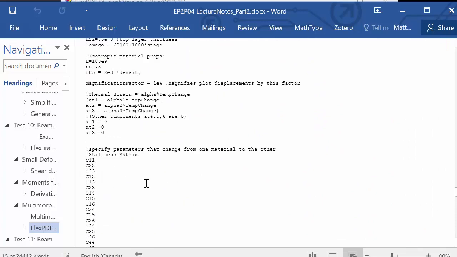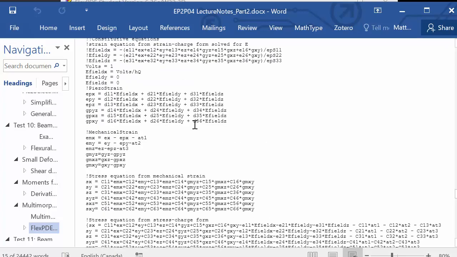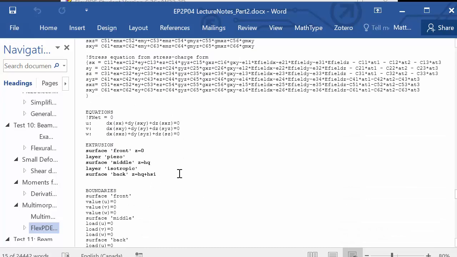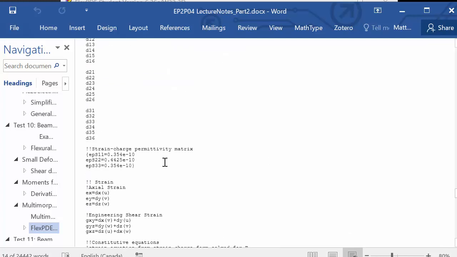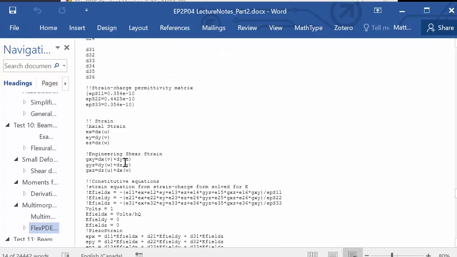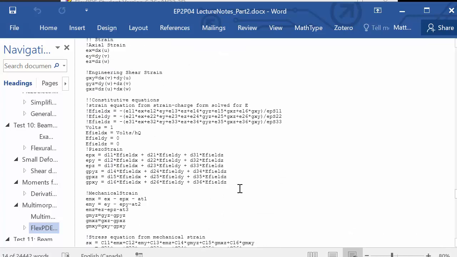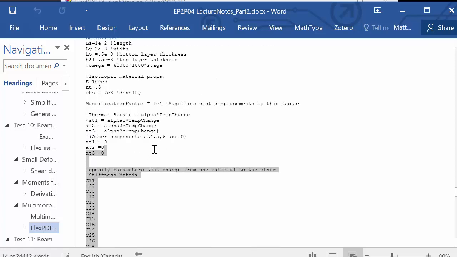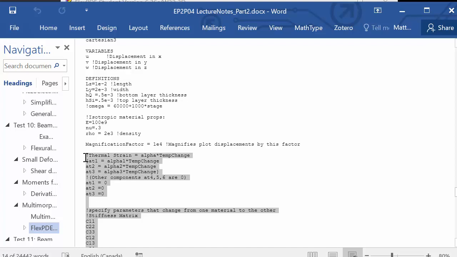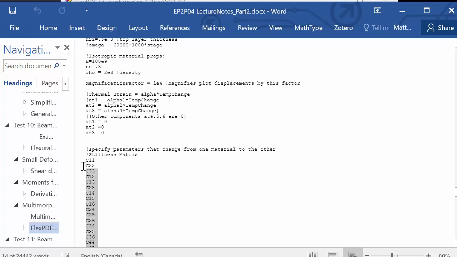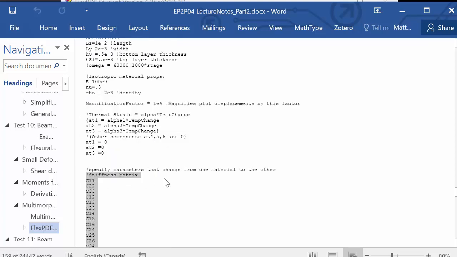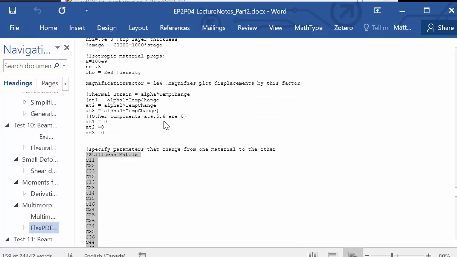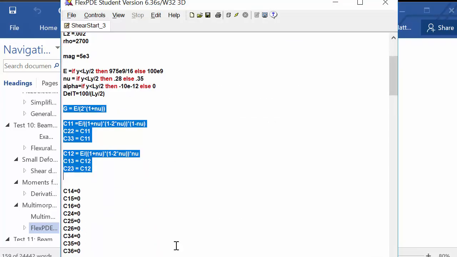And the layers syntax allows you to have different parameters with different positions in Z. So this code right here shows us how we would do that. So first what we might want to do is copy out this thing just to get back a piezoelectric setup in the program. Okay, so we'll grab this, we'll go back over to FlexPDE,